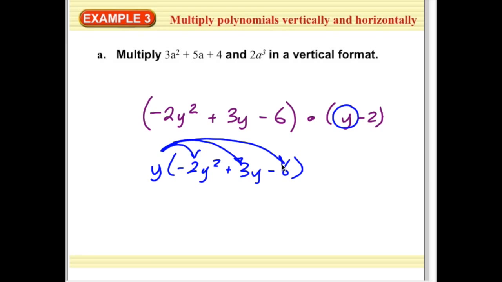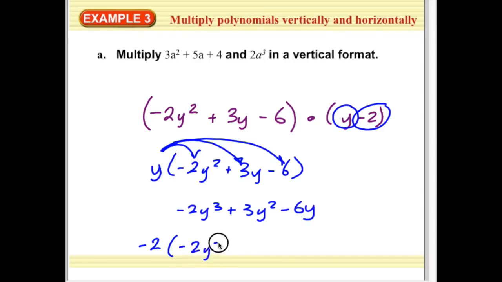So negative 2y squared times y is negative 2y cubed plus 3y squared minus 6y. Then I'm going to multiply by my negative 2. Negative 2 times negative 2y squared plus 3y minus 6